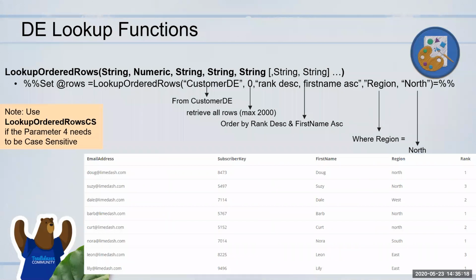Taking that one more step further, we saw how to get a set of rows. But what if I want the last X number of rows based on some order? This is quite useful for that: lookup ordered rows. In this one we have two additional fields that we will look at. One is how many rows you want returned. For instance, if your matching criteria will return maybe around 50 rows, but I don't want 50 rows, I just want the top 5 rows from that.